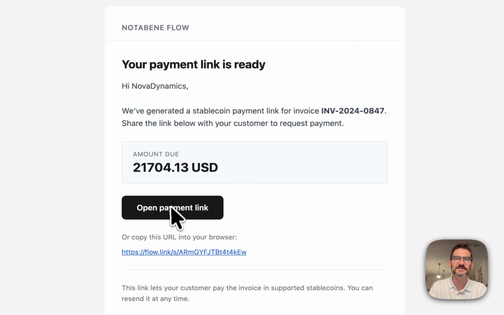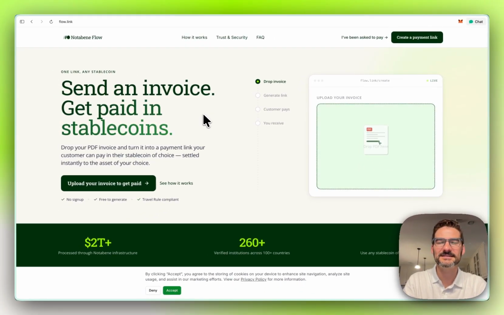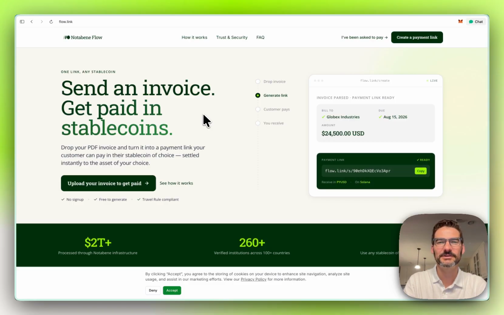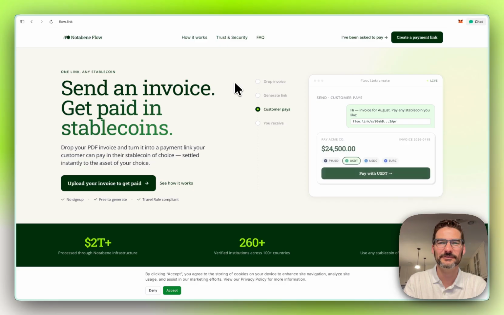When your customer receives the link, all they have to do is follow a few simple steps to complete the transaction and you're good to go. And that's how Notabene Flow allows you to get paid in stablecoins from any of your customers in just a few simple steps. We'd love for you to try it out for yourselves. Grab the next invoice that you're about to send out for payment and upload it to flow.link and let us